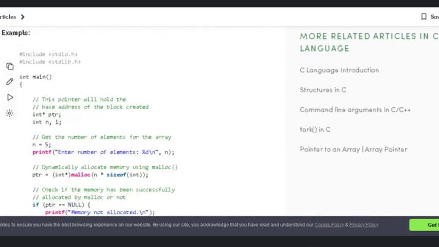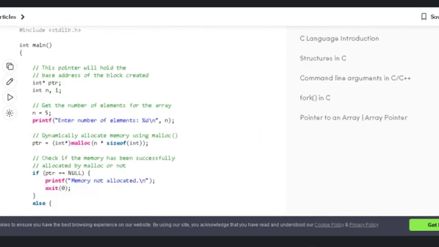Okay, so we'll go into one example. A very easy to understand example is given, and it is almost similar to what is given in the lab manual also. Here the value of n is already defined, while in our lab manual the sample program has n scanned from the user.